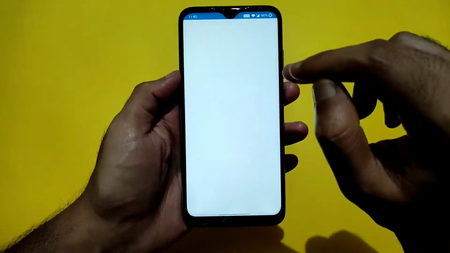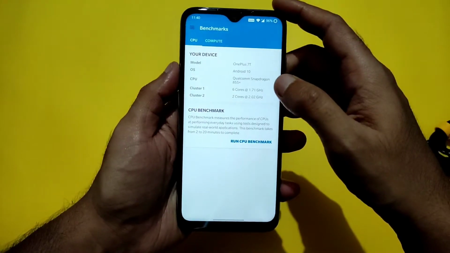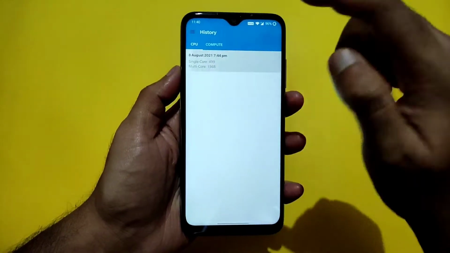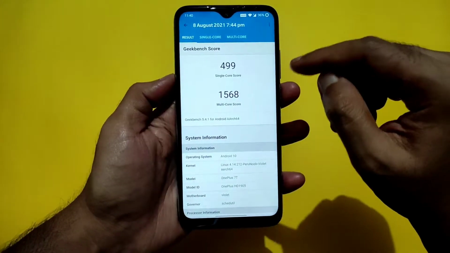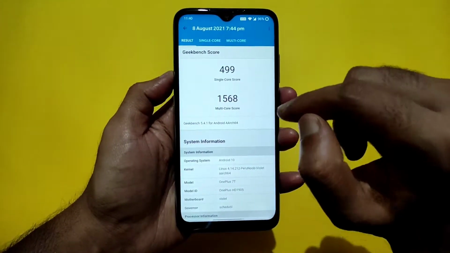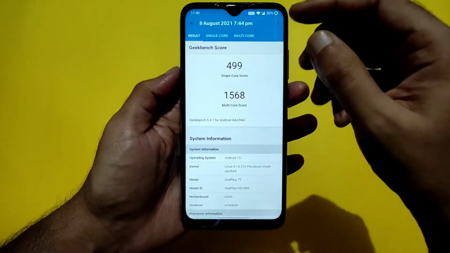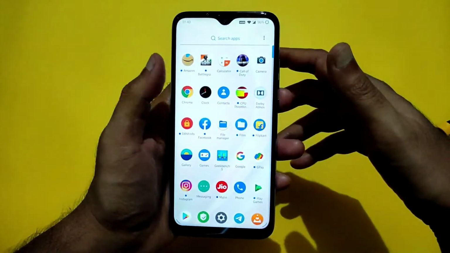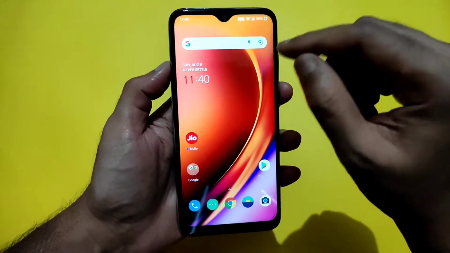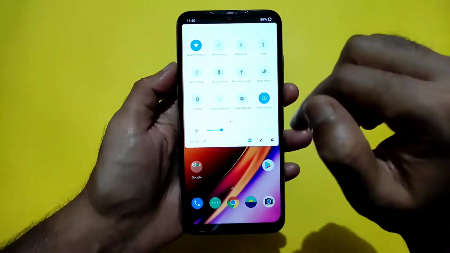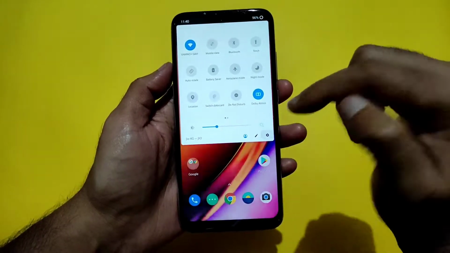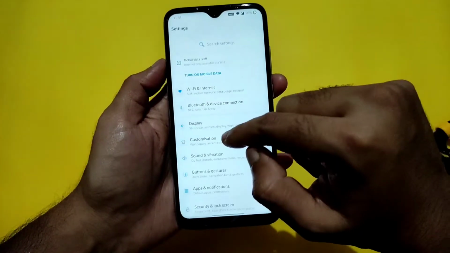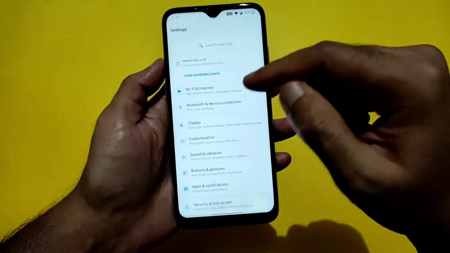And coming to Geekbench scores, in this ROM you will get a single score of 499, which is almost near 500, and the multi score is 1568, which is really good for a Redmi Note 7 Pro with Snapdragon 675. It's really good scores considering the Oxygen OS Android 10 build. It's really good. And coming to settings, let me show you Wi-Fi, internet working fine, Bluetooth, casting, everything is